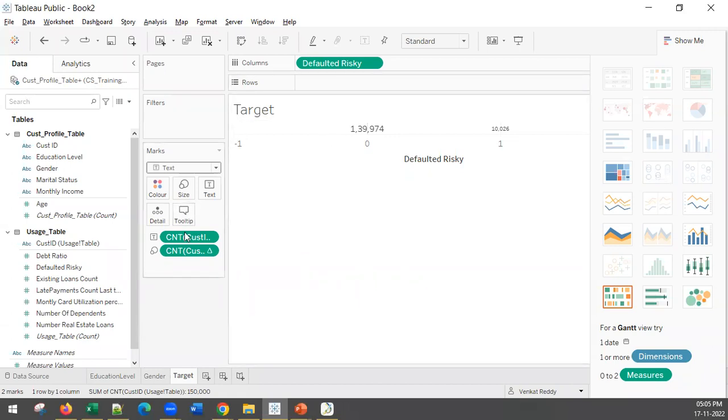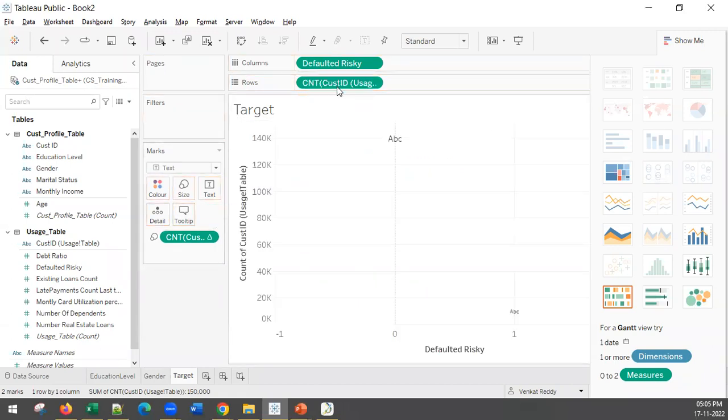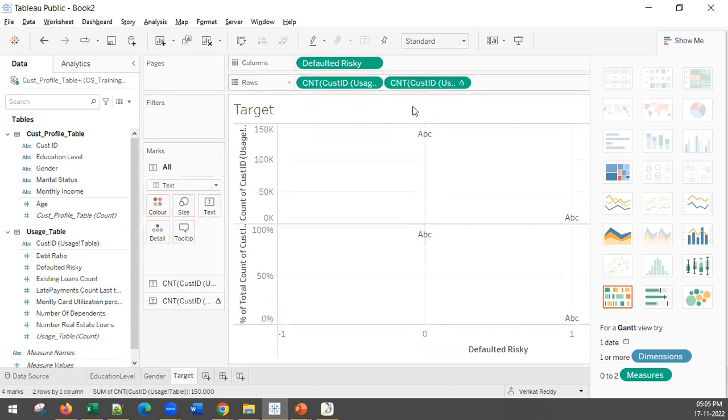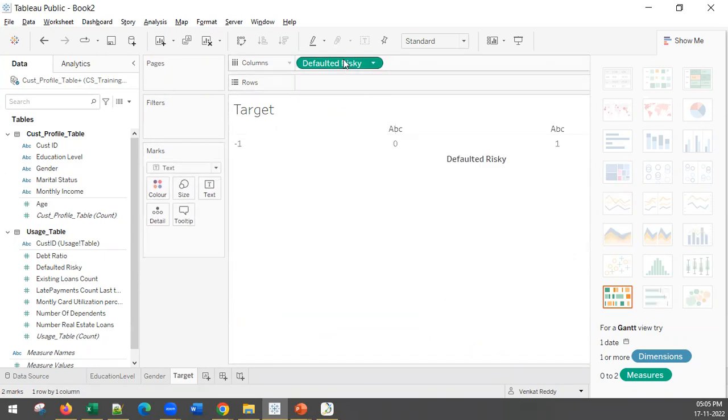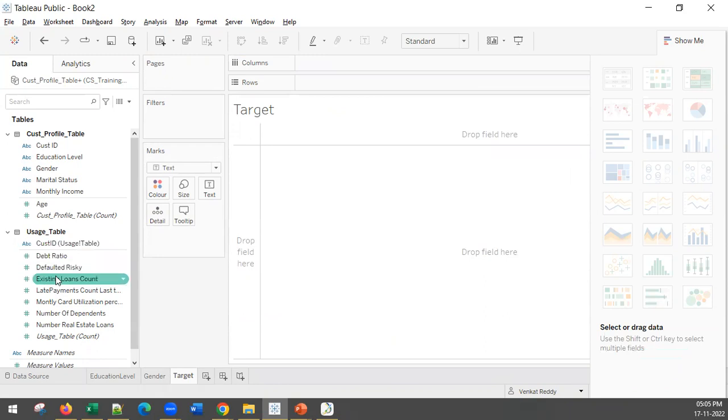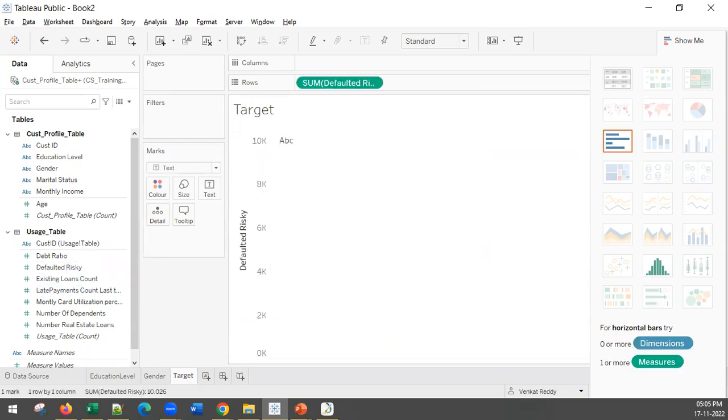Let us readjust this. Customer count and then customer count. These two are shown and default or risky. Looks like there are two tables it is taking. Let us delete that. Let's delete this. Let's do it freshly. So let me get this defaulter risky, and then